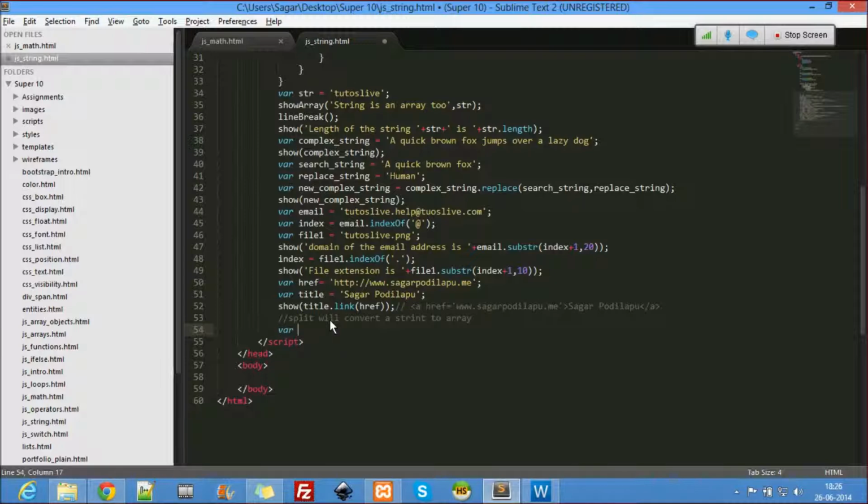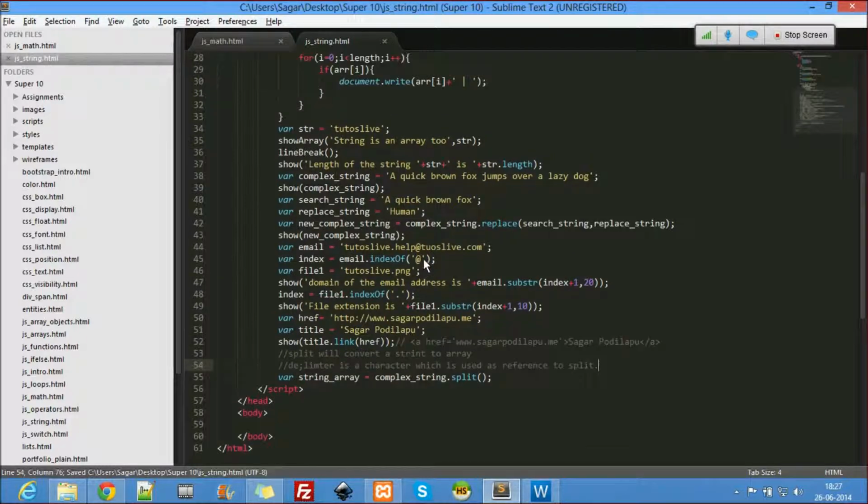So what will it return if I use split? It will return an array. I'll say string array equal to the string dot split. So what is a delimiter? A delimiter is a character which is used as a reference to split.